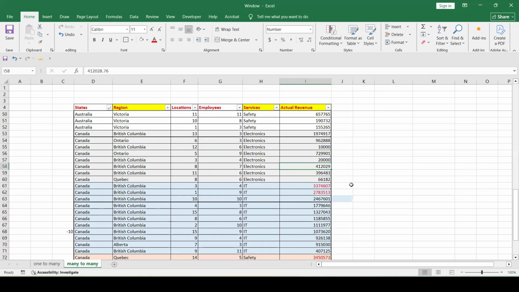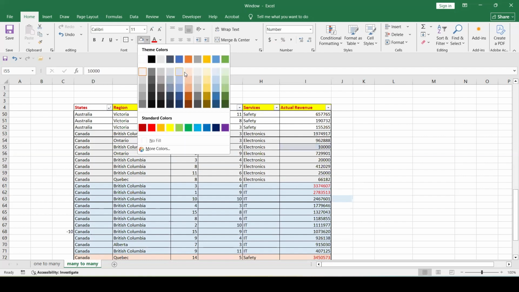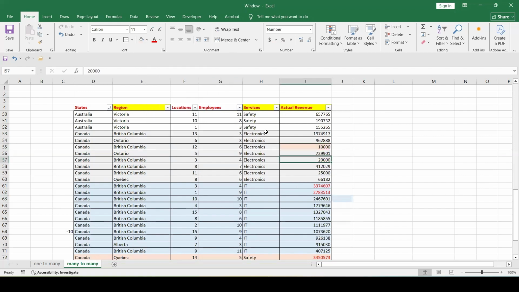And here 25K. So when I refresh, I should get these numbers, and that should be the order in descending way for electronics.